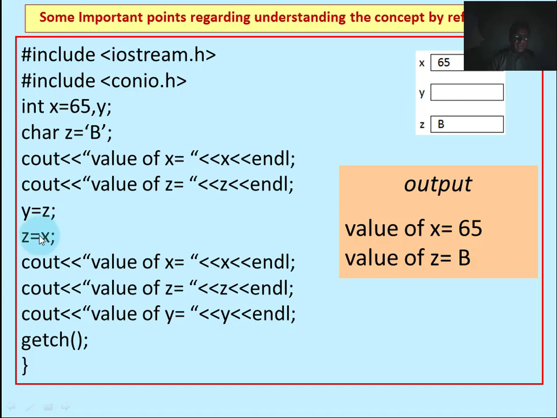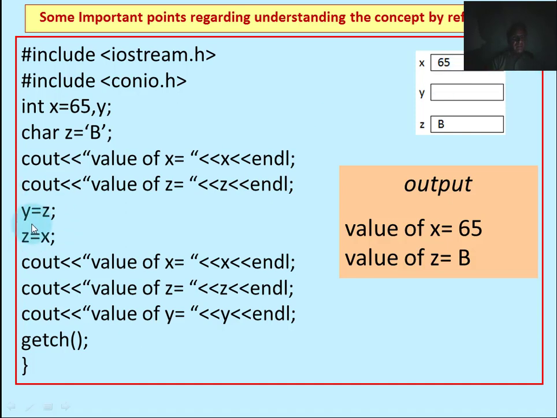And when we assign x to z, where z is a character variable, how will an integer be assigned to a character? It will not be assigned to z directly, but the compiler will see whether 65 has some character value. Yes, 65 is the ASCII code of a character. Then the computer will convert it into a, and this a will be stored into the z location.